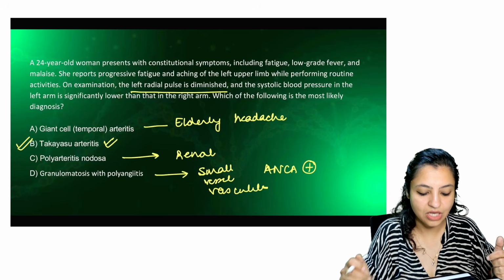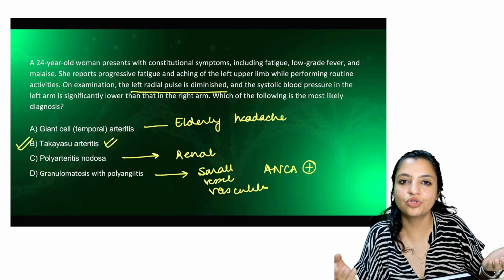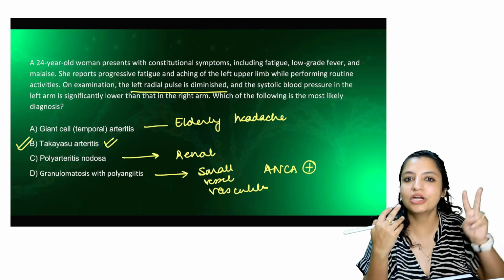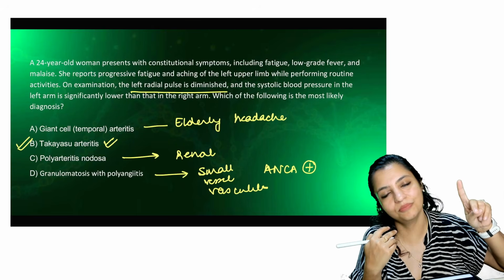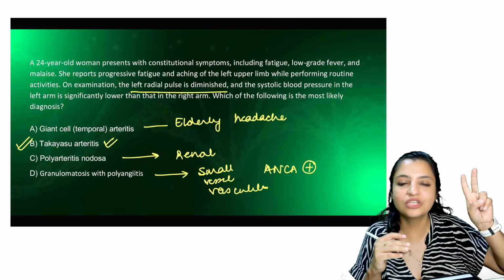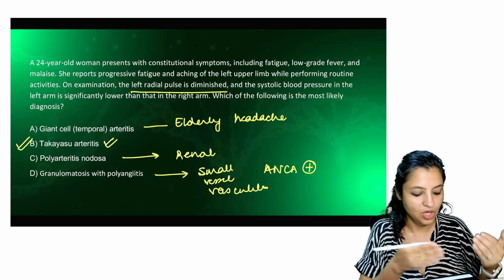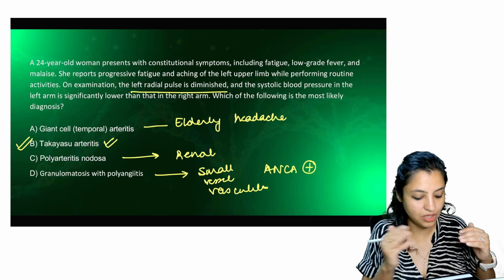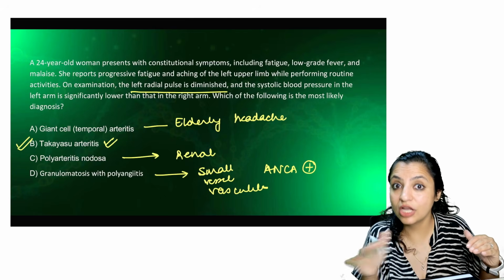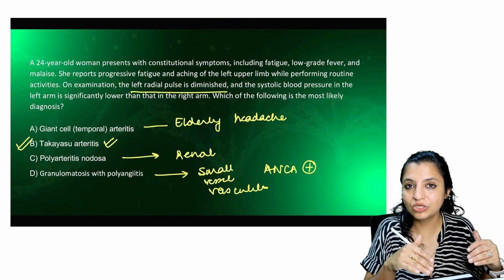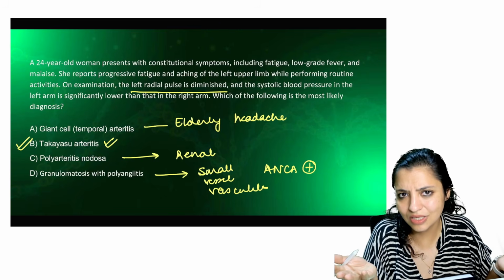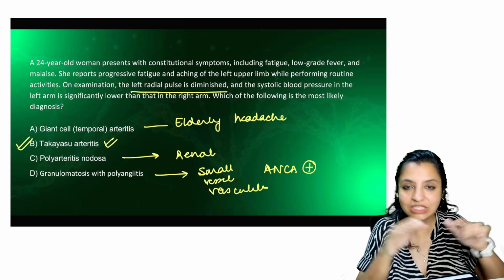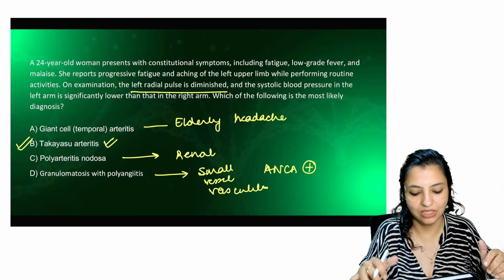Let's go to the next one. This is the question where they gave you that pulses are reduced. Pulseless disease is Takayasu, you know that. There are two large vessel diseases, Takayasu and temporal. Temporal occurs in the elderly with headache. In the younger age group, pulseless disease is Takayasu. Why not PAN? PAN is a medium vessel vasculitis and it will present with renal manifestations, but still it will not have glomerulonephritis. And what about granulomatosis with polyangiitis? It's a small vessel vasculitis. It will not have large vessel pulselessness, and it is usually associated with ANCA. So this is another question which is asked all the time, and you should be clear.